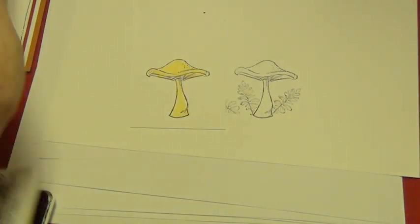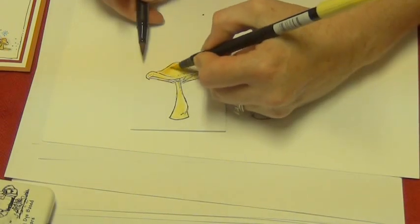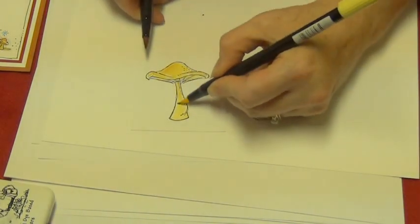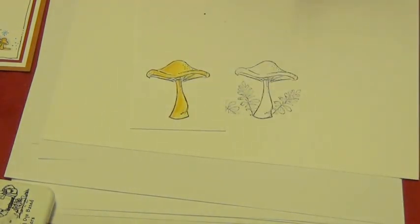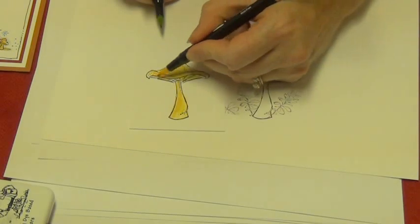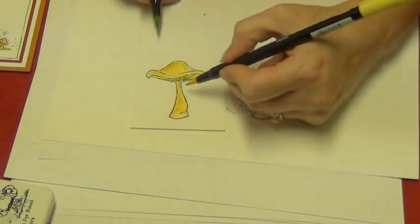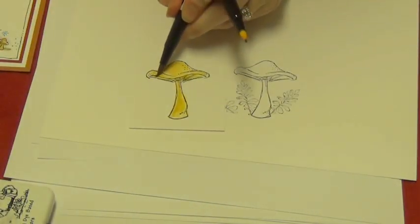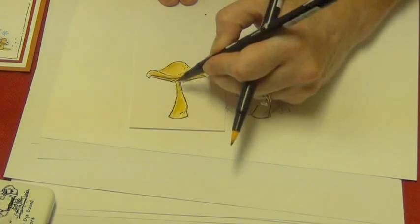and then I'm going to grab, close up my ink pad, a soft brown, and I'm going to pick up some of the brown with my lemon yellow marker, and that just builds the color. And it doesn't hurt the marker at all to add that light brown. Go back in with a lime green, color underneath the mushroom to create the shadow. Add a little lime green around the top. You can see how it's starting to shade a bit. Go back in with my brown. Shade the bottom of the rim of the mushroom, bottom edge. So you'd get this all colored,